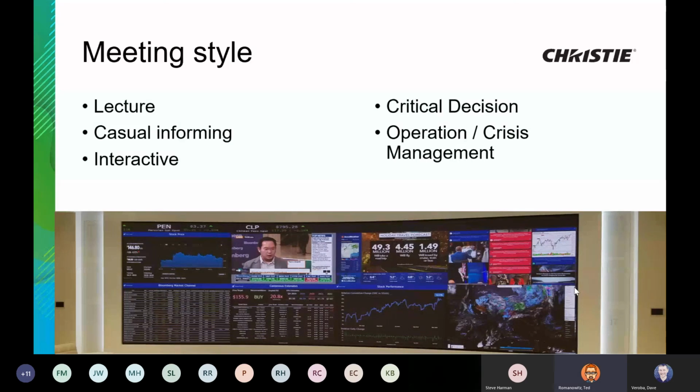Next slide, please. Okay, yeah. And then meeting style is one thing you have to think about. Is it more of a passive type of meeting where there's one presenter providing information, teaching or informing people, or is it more of an interactive meeting? Like I mentioned, our active 3D technology, is it a collaborative design situation? Another